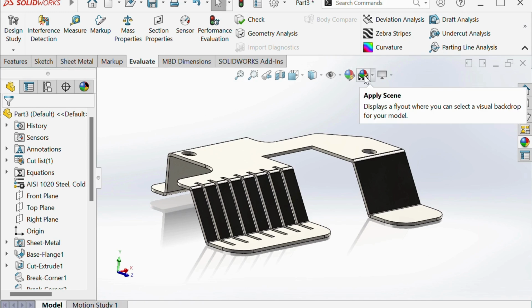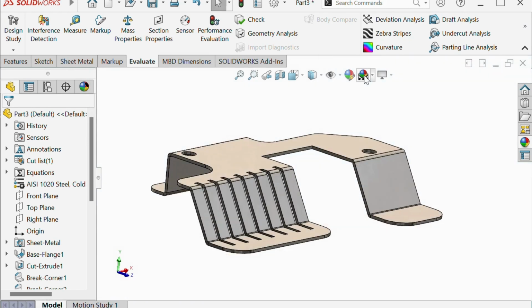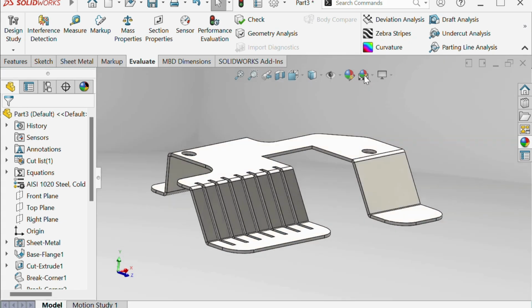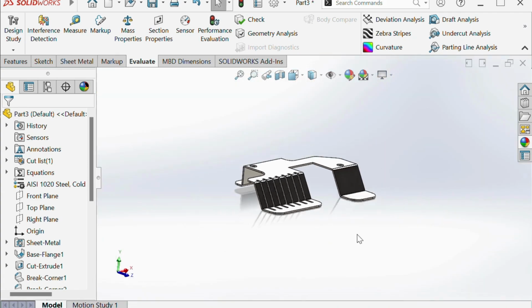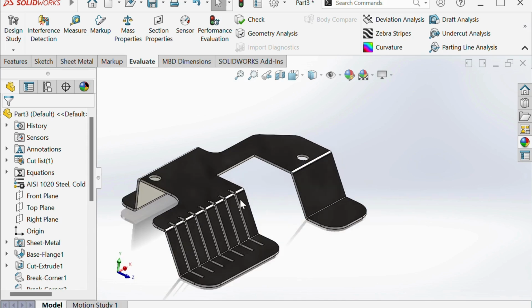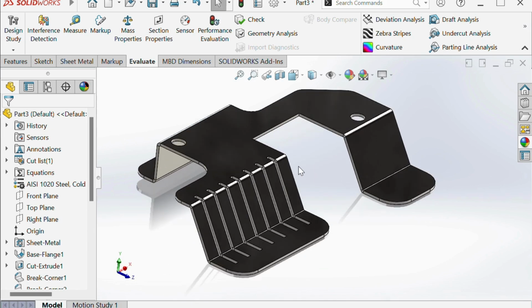I want this as polished steel. I'll choose the body and see the real view graphics, how it looks. So this is